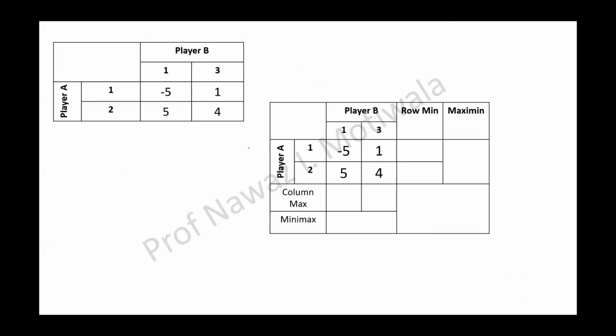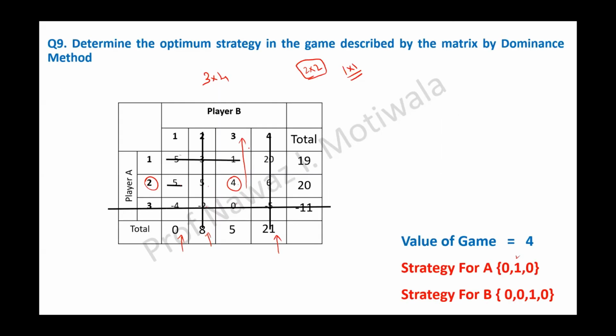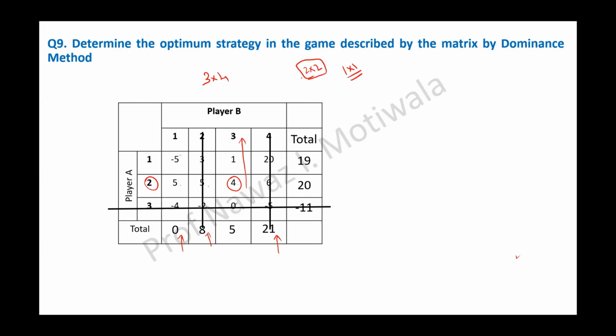So again I have taken this example. Look, if someone does not do further dominance, let us say someone has done dominance only till this part, the 2 by 2 that we did earlier, and left it there. What is he remaining with? He is remaining with these values: 5, -5, 1, 5 and 4. Only these 4 values. So with this we can go by our regular procedure.